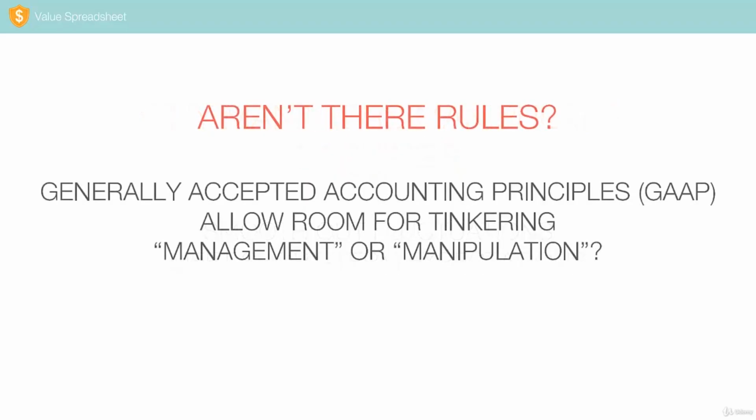But there are accounting rules, right? So how is it even possible to manipulate earnings? Well, there are indeed accounting rules. They are called the Generally Accepted Accounting Principles, or GAAP. However, these rules allow some room for tinkering. This means there are legal ways to manage earnings to a certain extent. It's a gray area. Of course, there is a line a company can cross where it is no longer considered earnings management, but earnings manipulation, or even accounting fraud. The most infamous case of accounting fraud has been Enron, after which companies like WorldCom soon followed.